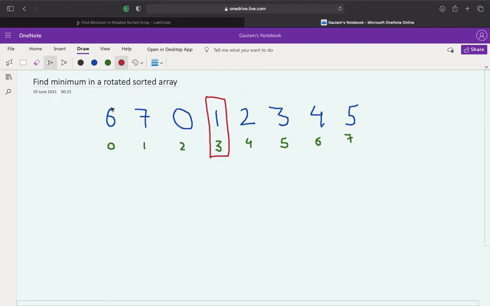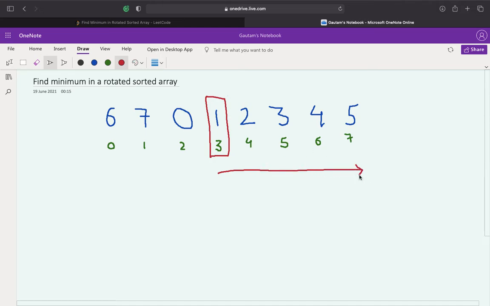We check the leftmost element of the left subarray and compare it with the middle element. If this element is less than the middle element, that means the left part is sorted, otherwise the right part is sorted. It's easy. In this case, 6 is bigger than 1, which is indeed greater than the middle element. So that means the right part of this array is sorted.